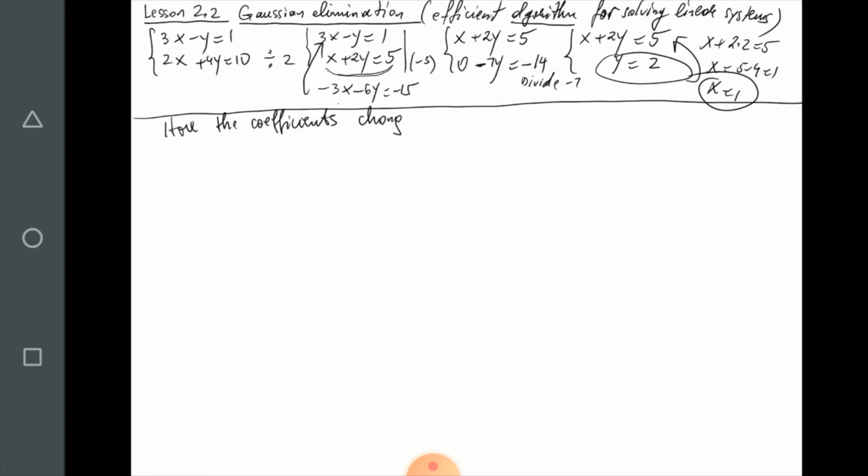And notice that if we want to be more efficient, we don't need to track x and y during this process. What matters are the coefficients of x and y. So already I can write the original system in a much more efficient way by just saving the coefficients and obtaining what is called the augmented matrix